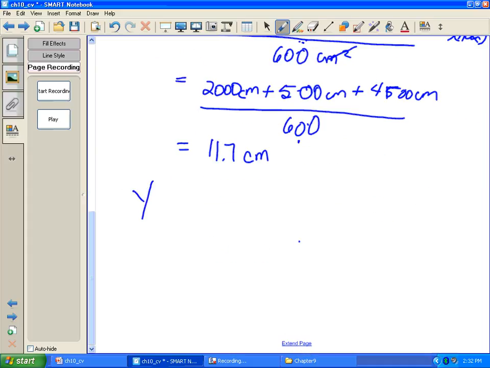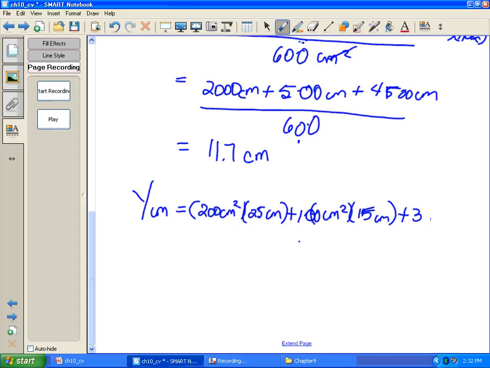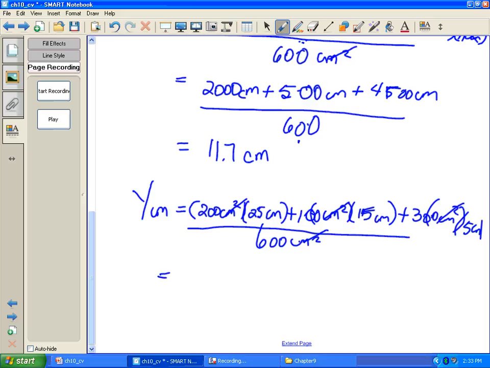We can repeat the same for y center of mass with all the y coordinates. So that's going to give us, let's see, numerically 200 centimeter squared times 25 centimeters plus 100 centimeters squared times 15 plus 300 centimeters squared times 5 centimeters. Divide the whole thing by 600 centimeters squared. All the units of centimeter squared cancel out. And so we're left with 5,000